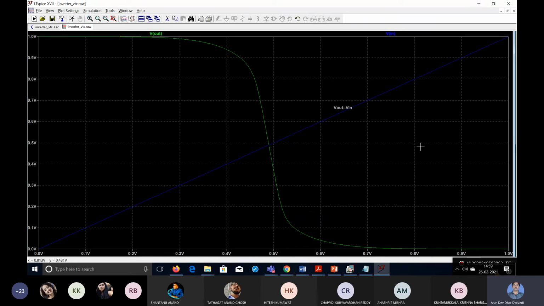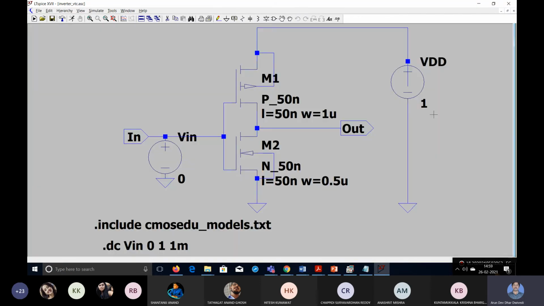Next, not in this lecture, but next time I can explain making the symbol. For making the symbol we will remove this voltage source, and we will provide some input ports here. Input ports can be provided by taking text, labeling the text, and selecting it as an input-output port, and connecting it here. So here we will provide VDD as an input port, here digital ground as an input port, here V in already provided, here V out already provided.